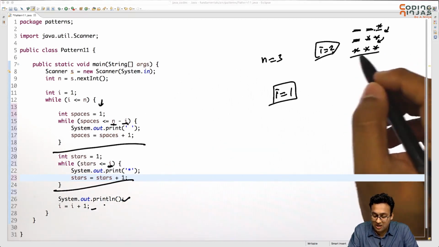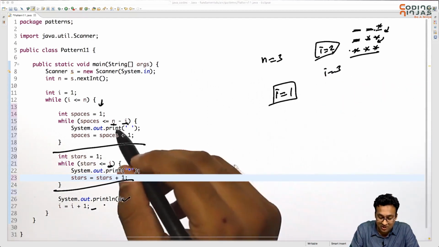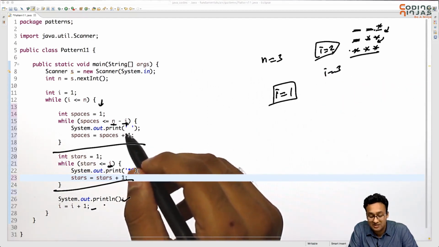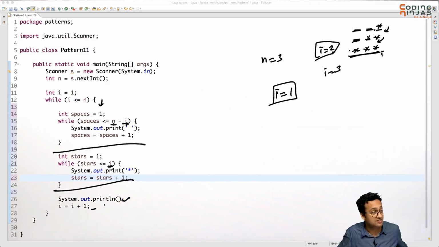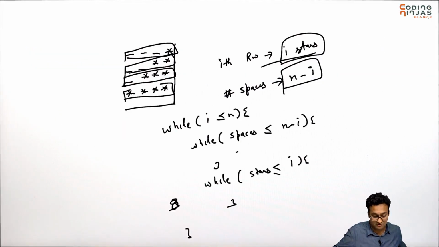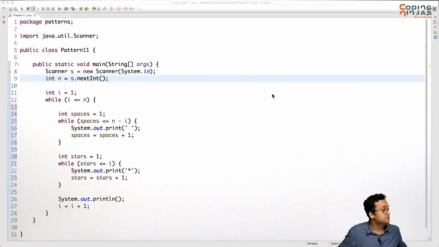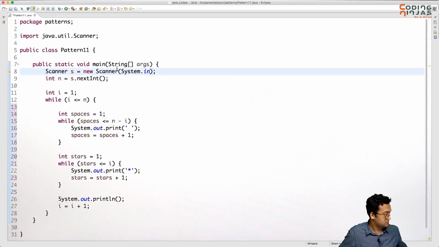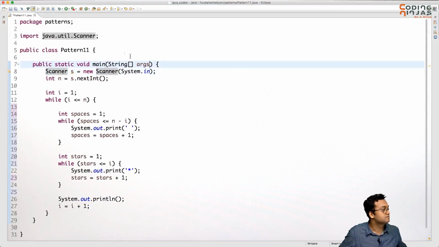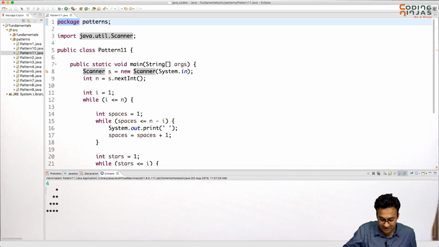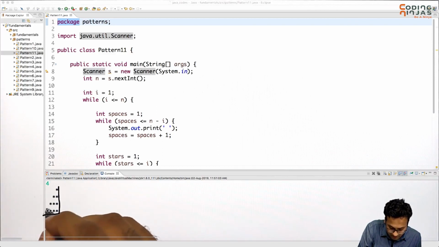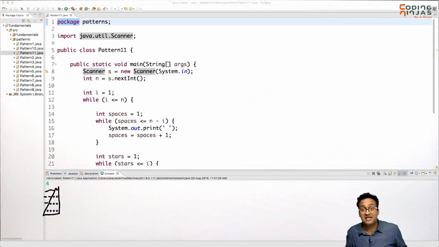When I come to the next row, how many spaces? i is 3. So 3 minus 3 is 0. So I'll print 0 spaces and I'll print 3 stars because i is 3. And that's exactly what I wanted. That's exactly what I need, right? So let's run this. Okay, and that's exactly what we needed. So this is the pattern we were looking for. So it's putting 3 spaces here, 2 spaces here, 1 space here, and that's the pattern that we were looking